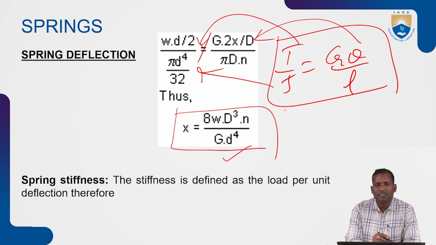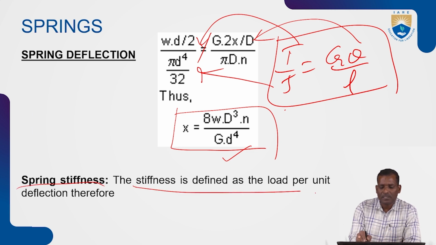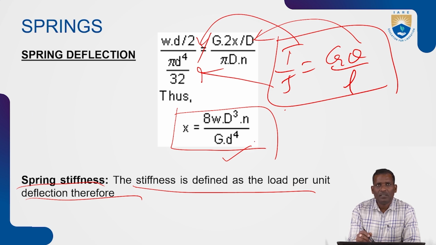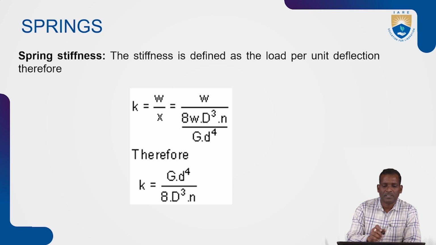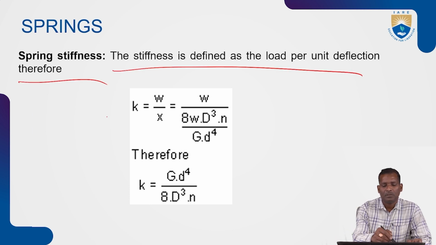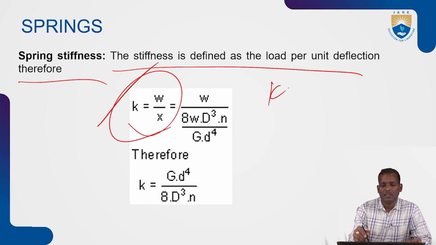The spring stiffness is defined as the load per unit deflection. The deflection of the spring we have derived as 8WD cube N by G d to the power of 4. Now we need to calculate the spring stiffness, defined as the load per unit deflection. So the representation is K equal to W by X, or K is equal to W by delta,